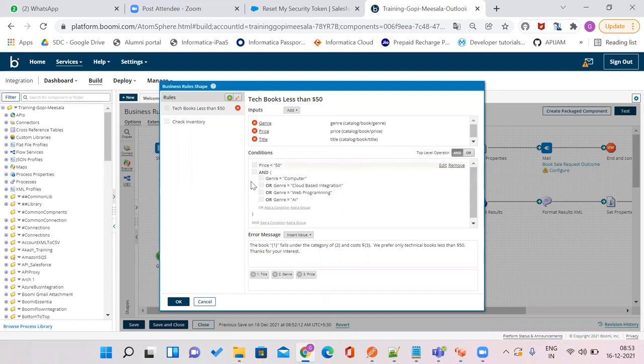Okay. So if the condition is satisfied, the business rule has two paths. One is the accepted path and the other is the rejected path. Means if the condition